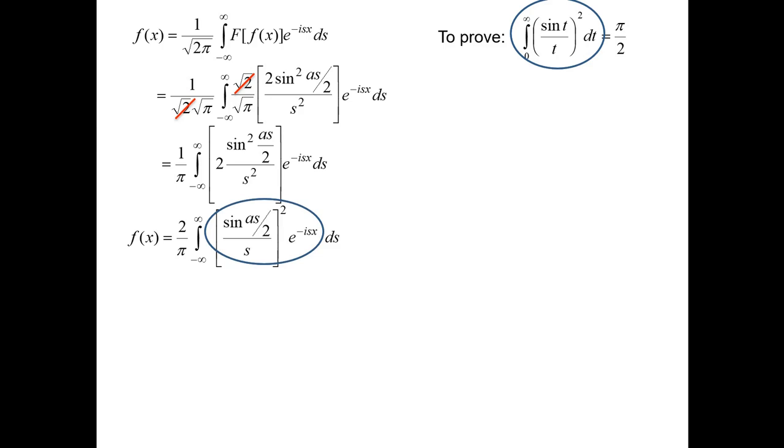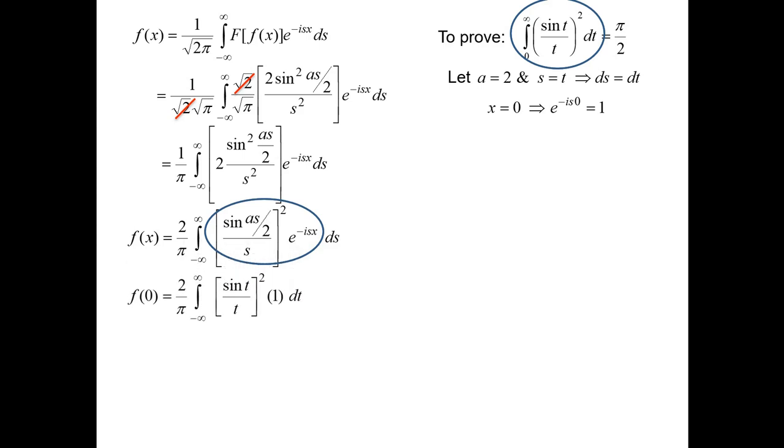Here we want to change something, that s is equal to t. So therefore automatically we can get that expression, and e power minus isx becomes 1 only by taking a equal to 2, s equal to t. When we take s equal to t, our ds is dt, and also we have to take x equal to 0. When we take x equal to 0, that e power minus is 0 is 1.